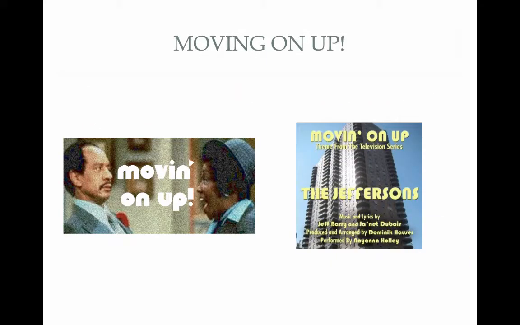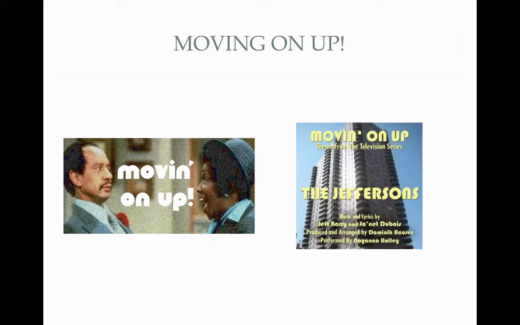So I want to start with this slide. And this slide is called Moving On Up. Last week we talked about what happened to the sinus venosus, the primitive atria, the primitive ventricles. Well, we're moving up that heart tube, and now we're going to talk about the bulbus cordis and the truncus arteriosus. And this Moving On Up was a theme song from a hit TV show